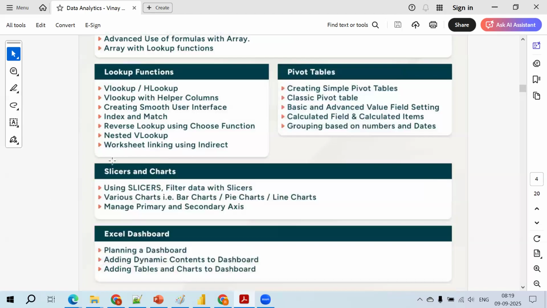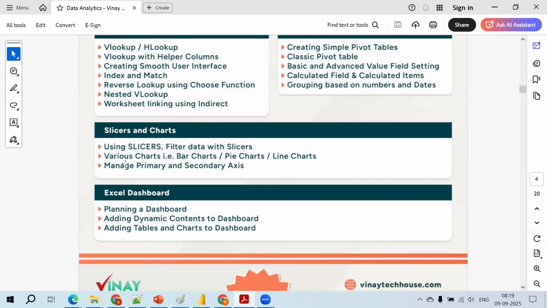Okay, slicing and dicing, dividing the data into multiple pieces where this particular piece of data can be visualized using various charts like bar, pie, line chart, and 3D exploded pie chart and all. You can see them in the insert tab, right? You can have single and primary, multiple secondary axis, x-axis and y-axis.